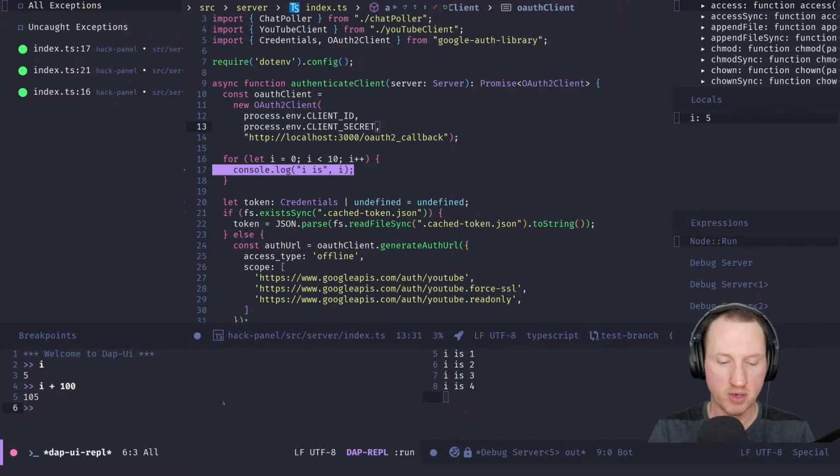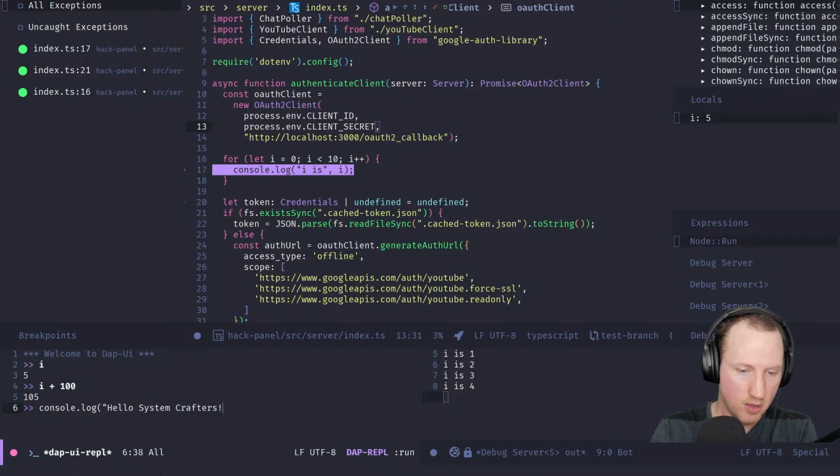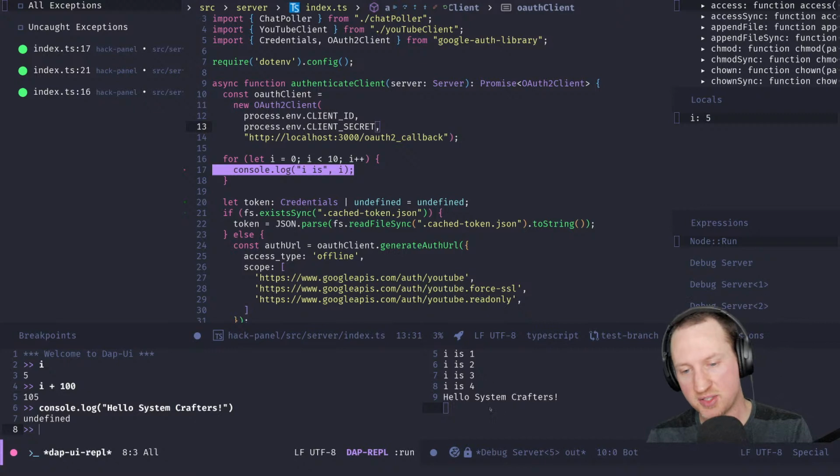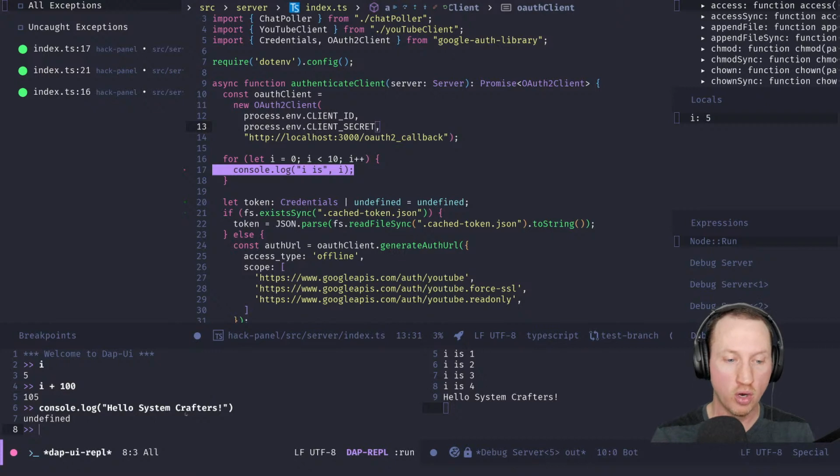Or you can even call functions. Like if I were to say console.log, hello System Crafters, then we can see that the console.log actually gets written out to the program output. So it's pretty powerful because you can test what a function would do in a given state, or investigate what values are, or you could even do things like set the value of a variable. So if I were to set this back to 2, i equals 2,